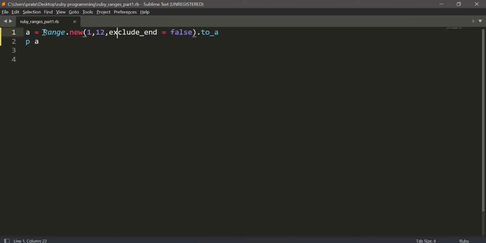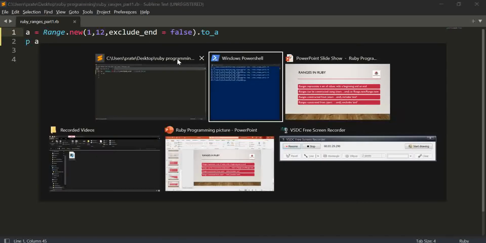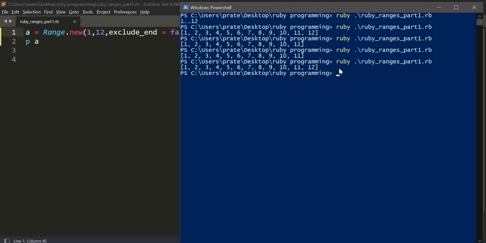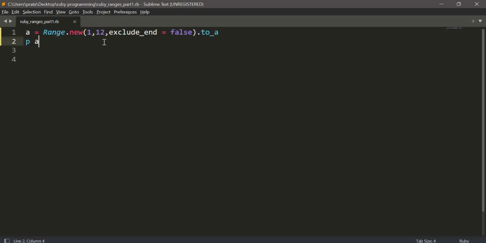Okay, and there is something new in Ruby 3 about ranges. Let's suppose I have an array a which consists of values from 1 to 12. Now I want to print the values from 3 to 12. So we have a concept of beginless and endless range.